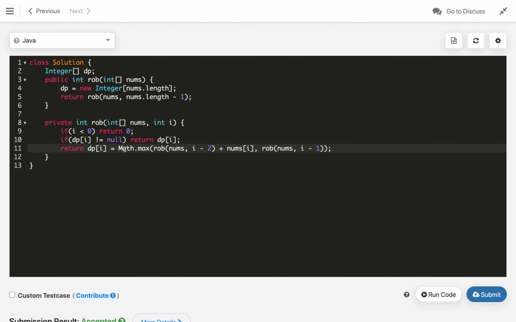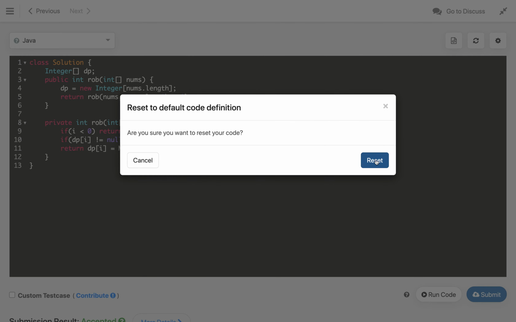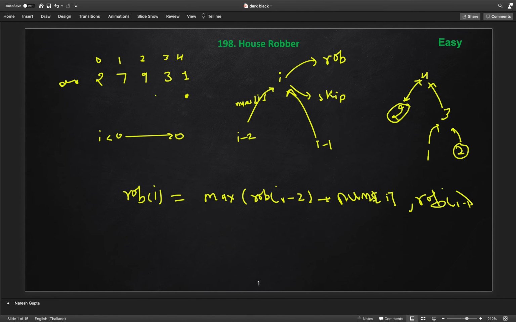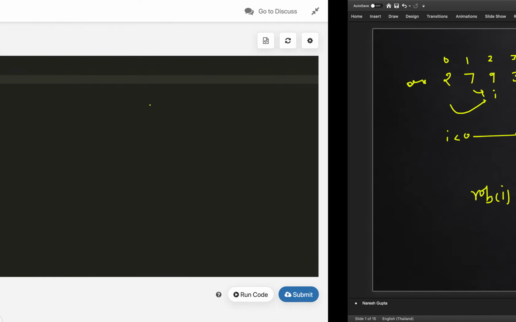So if we see the time complexity of this solution is O of n, as we go this i from n to 0. So this is O of n, and space complexity can also go to O of n. We can also implement this in the iterative approach. For the iterative approach, we just need to use a few variables, as we depend on two previous variables only. So if we are on the ith index, then this can come from the i minus 2 or i minus 1. So we just use two variables.